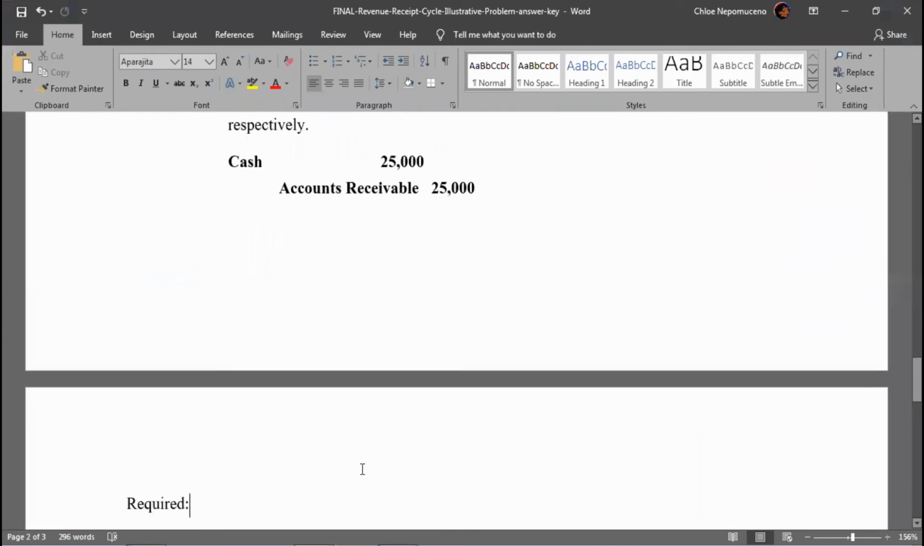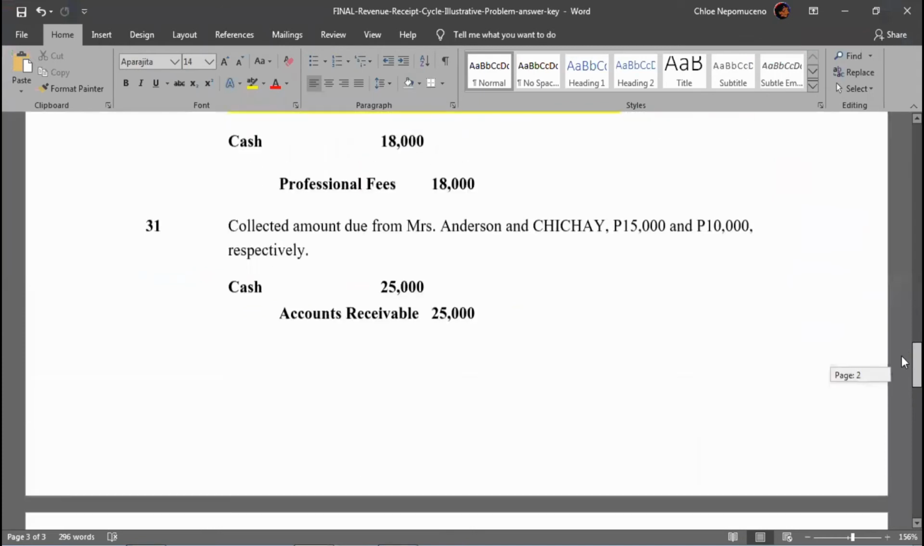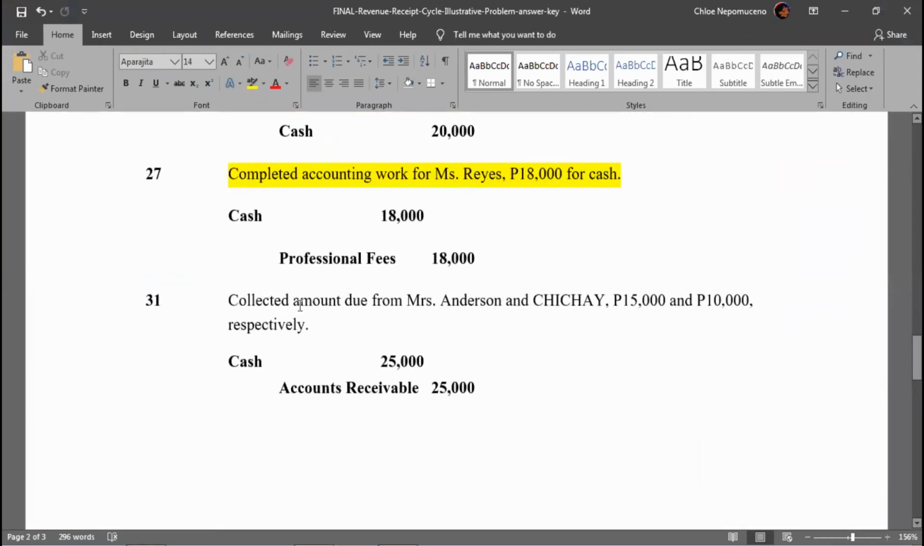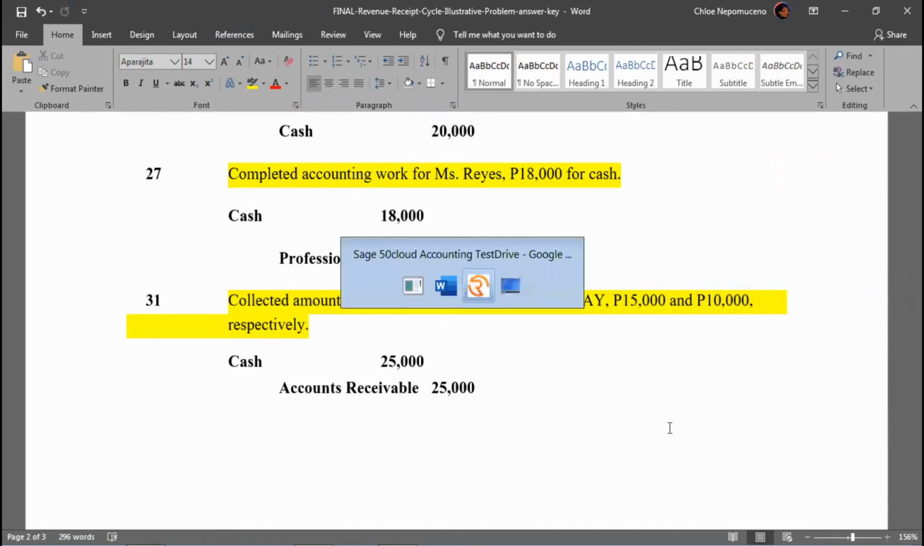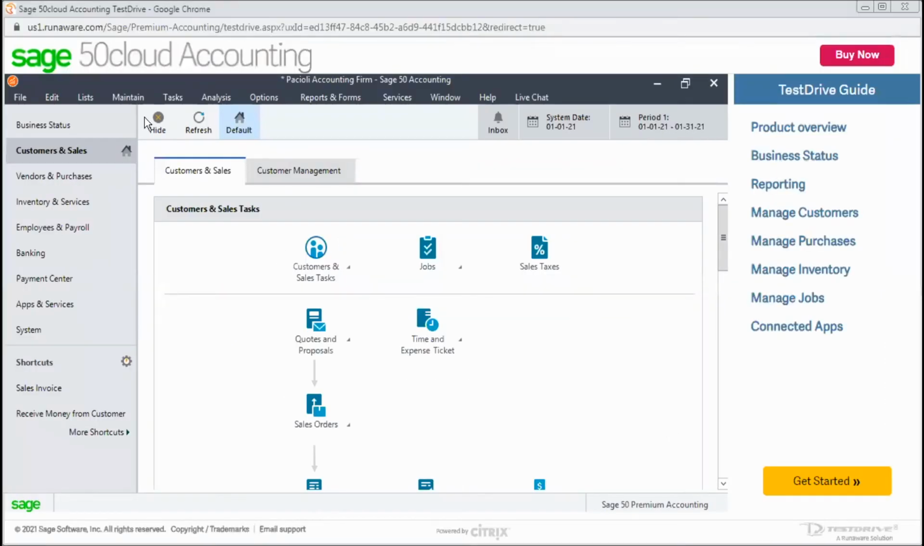And the last transaction, which is January 31, collected the amount due from Mrs. Anderson and Chichay, 15,000 and 10,000 pesos respectively. Manual journal entries, cash, 25,000, debit, and then credit accounts receivable, 25,000. Now let's go to the AIS application and try it there. So the same process as the previous transaction,